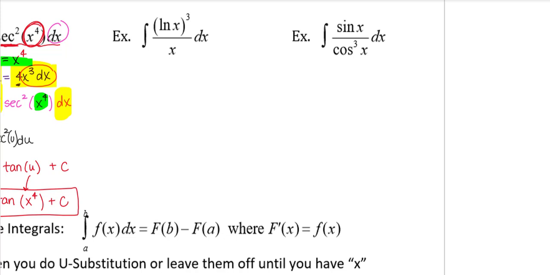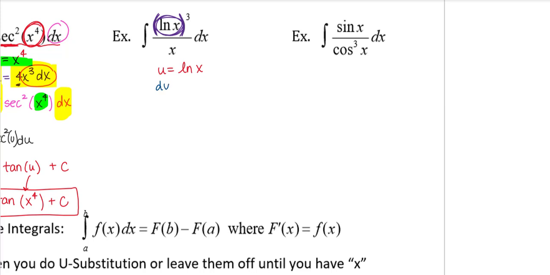So if I have, again, I see in here I have a natural log of x function inside of cubing. So this goes back to your composition of functions, right? A function inside of another function. So natural log of x is inside that cubed. That's what I would start with for my u. So I'm going to let my u be natural log of x.